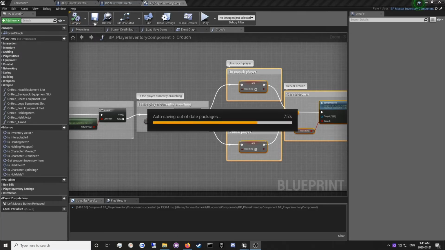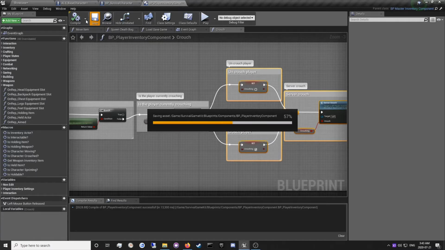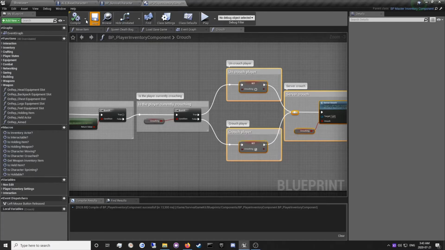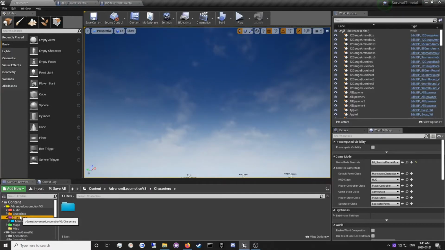Took a little longer because of my auto saving out of date packages, I guess. And just finish compiling and saving this. I set this up to compile and save at the same time, so I'm going to click them both. Save it. For some reason, everything started going really slow. So we can go up here and click the arrow by compile on success only, so it'll compile and save everything. And close out of this player inventory component, head back over to the ALS base character, which is in